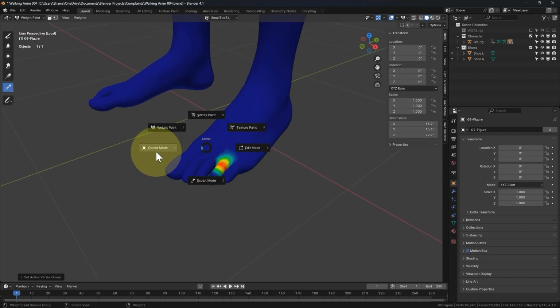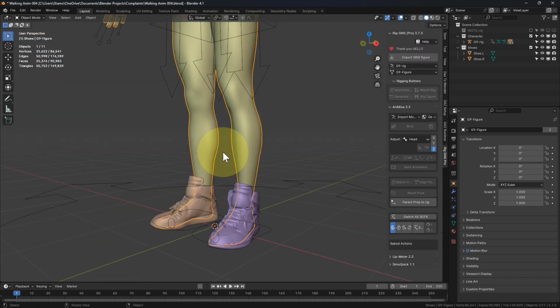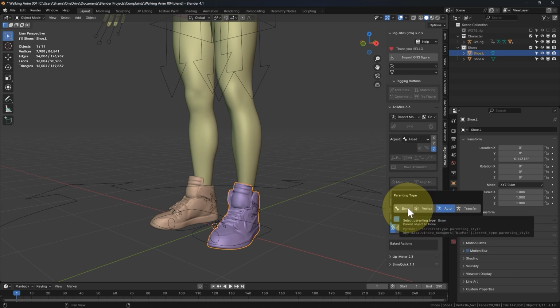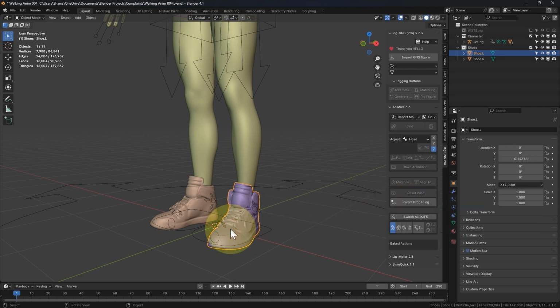So now I'll go back to object mode, go back to global view, select one of the shoes, and then click the parent prop to rig button. You might also ask why we are not using the bone option, since the shoes are items that can be detached from the figure. Well, the reason using the bone option won't work is because the bone option only assigns